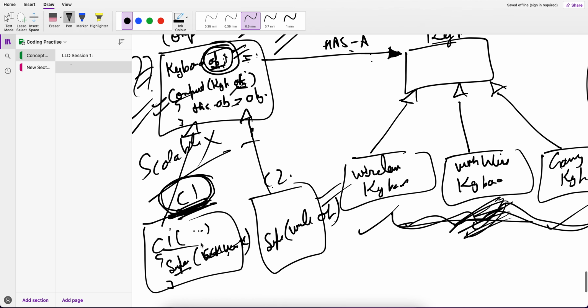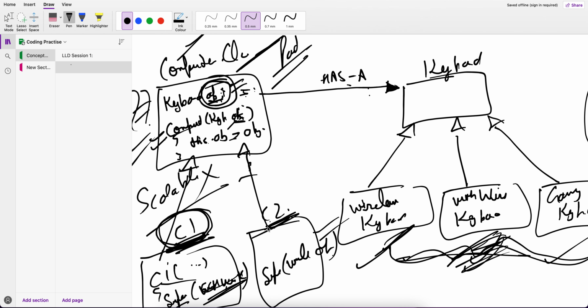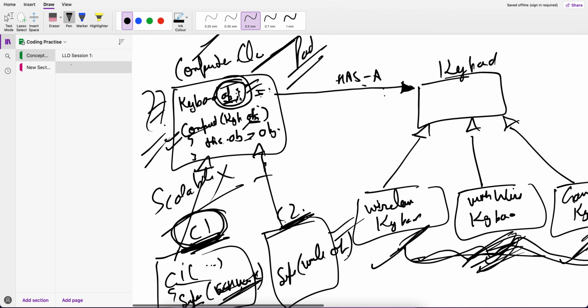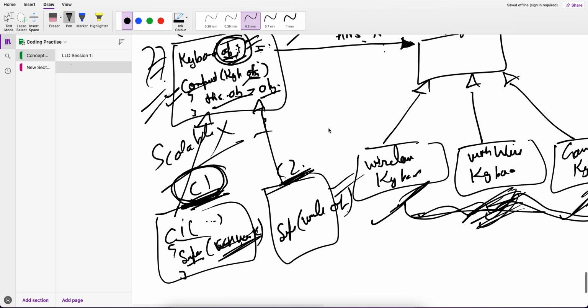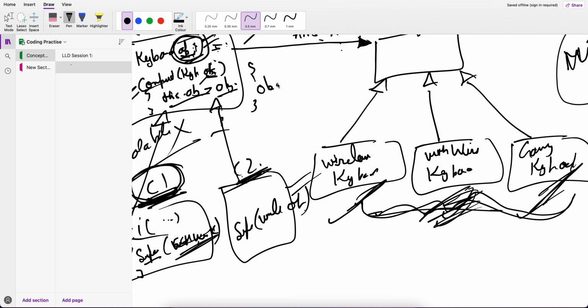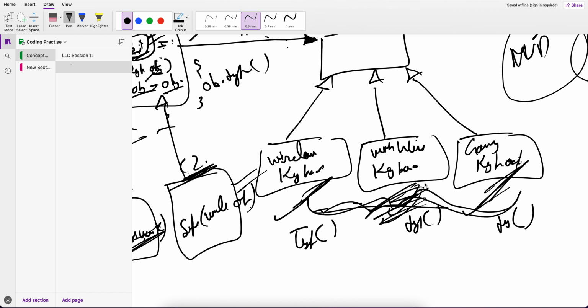So child will guide its parent class that okay, I want this class object. क्लास चाइल्ड 2 क्या बोलेगा, ओके आई वांट गेमिंग कीबोर्ड, ठीक है। So the parent class will automatically set this one in reference and start, so its method would be very much generic. तो इसका मेथड क्या होगा, let's say ob.type. ठीक है, यहाँ पे भी टाइप मेथड है, इधर भी टाइप मेथड है, इधर भी टाइप मेथड है। कीबोर्ड के अंदर तीनों के अंदर टाइप मेथड है।